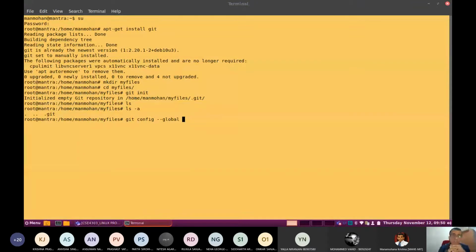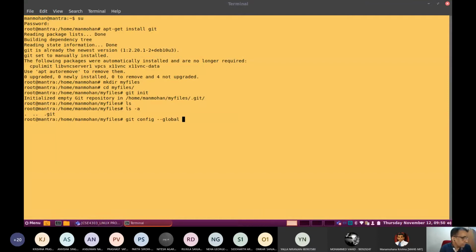So what to configure? git config --global, then you have to say the user's email ID. So you can configure user.email.